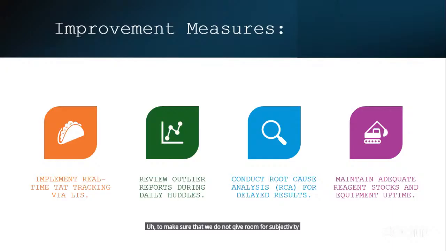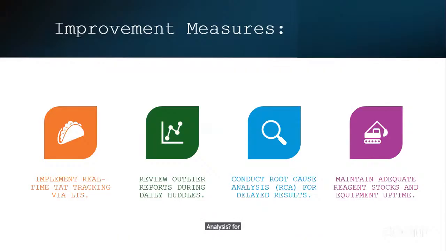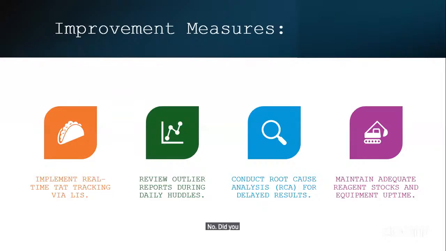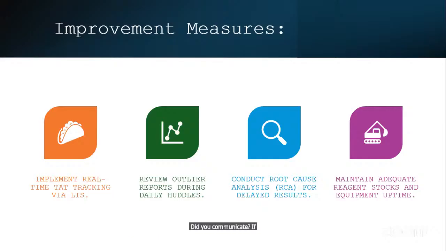Of course, once we have identified these outliers, we conduct what we call root cause analysis for delayed results. Yes, we have delayed results. We have extended TAT. Did you first communicate to the clinical team that, yes, we will have an extended TAT? Did you explain to a client at your outpatient facility and tell them, yes, we usually produce these results within 1 hour, but due to this and this and this, we will produce these results within 2 hours? Did you communicate? If there's no communication, then it means